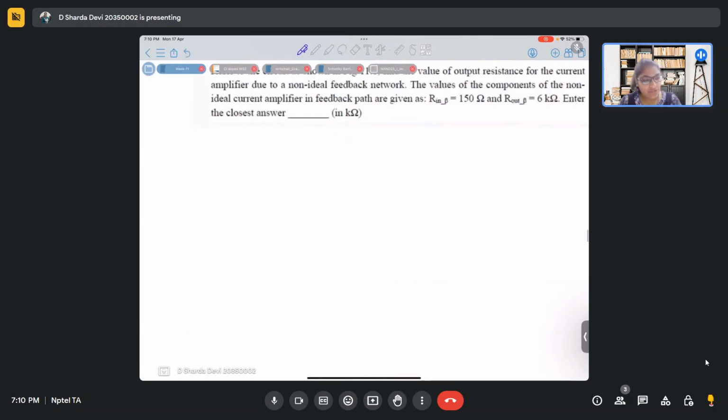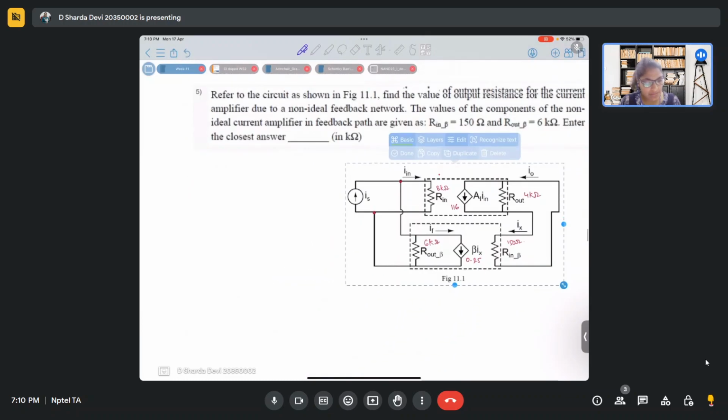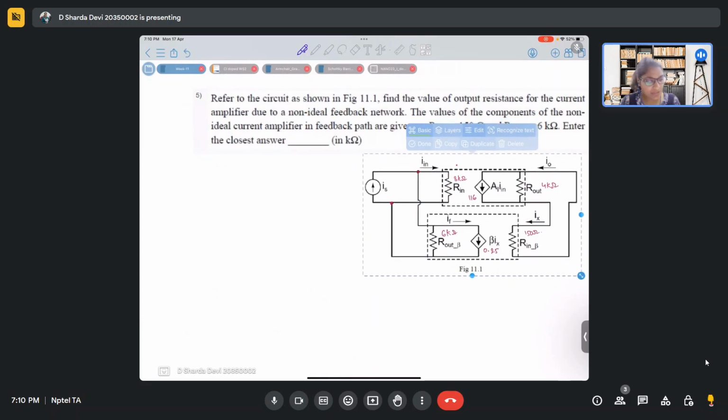So now moving on to the next problem. In this problem again we have to use the same circuit, but we have to find the output impedance. R out, or I'll write it as Z out. So in this Z out we'll have the effect of R out and R in beta plus how it changes, like how R out has changed already. So Z out will actually be,